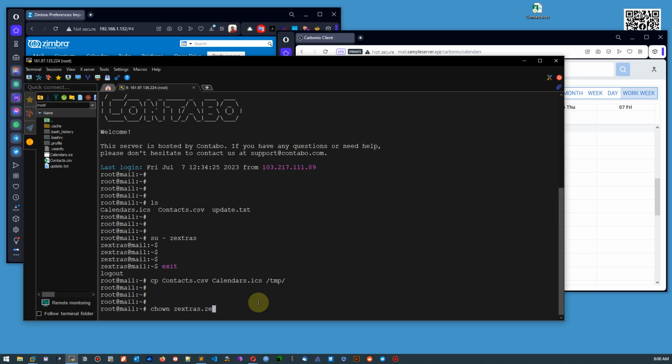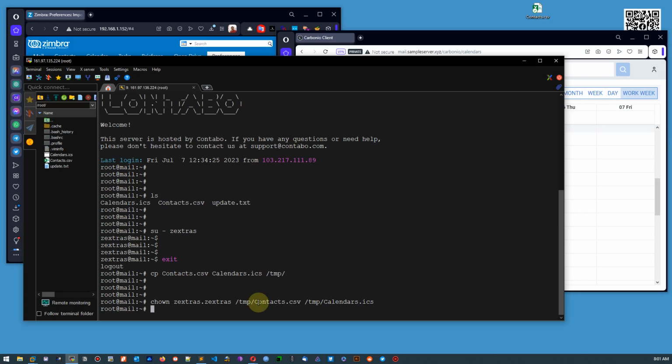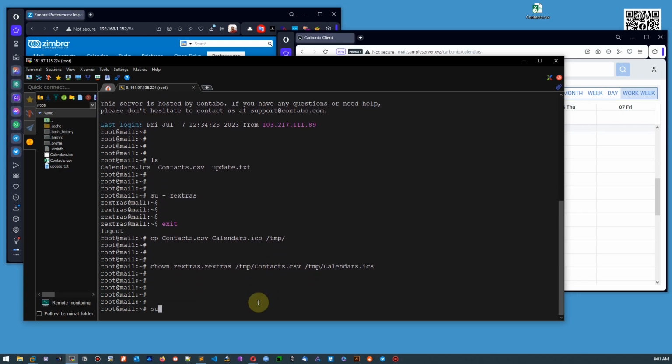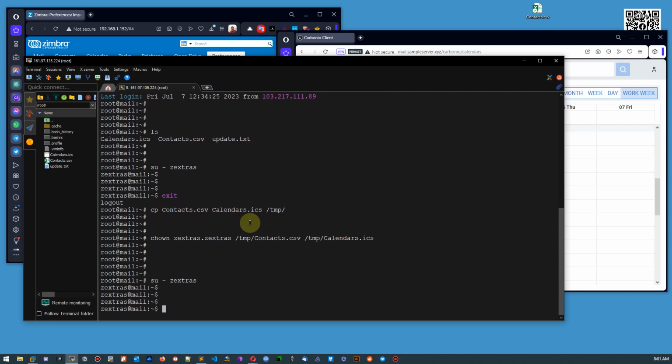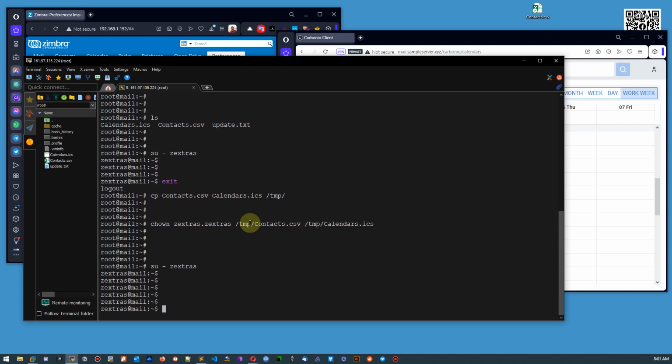Say home extras, extras, contact, this one, another one that is in the temp directory, contacts, then calendars. Okay, I changed their permissions to extras. Now I'm going to use the curl command, curl